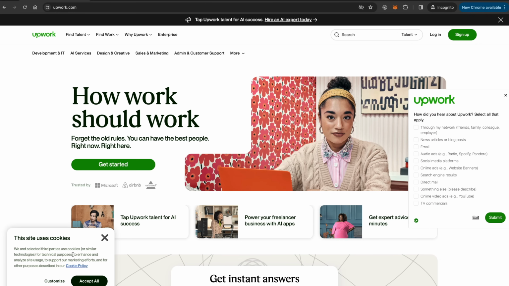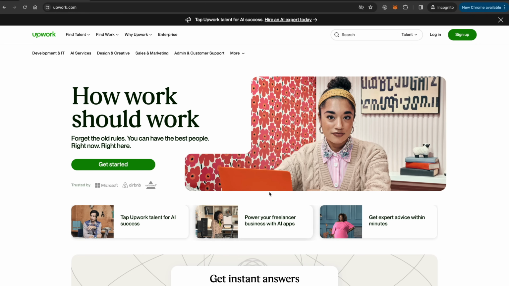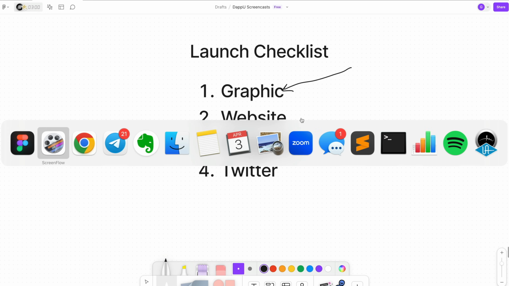Same thing with Upwork.com. You can find someone on here who's a graphic designer, who's launched meme coins before. Just make sure you put in your post that's exactly what you're trying to do. All right, so once you've got your graphic done, you have completed the first item on your launch checklist. And you're going to use this graphic as a prerequisite for all these other steps, which I'm going to go through right now. So once you have this, it's going to be really easy to do this step, and this step, because all this stuff is really just kind of some manual setup.